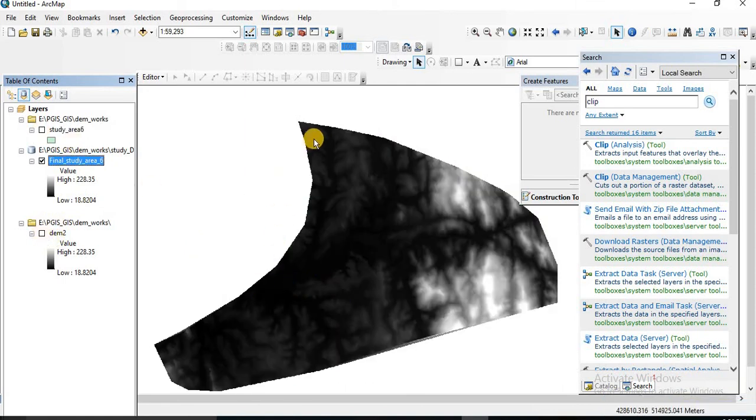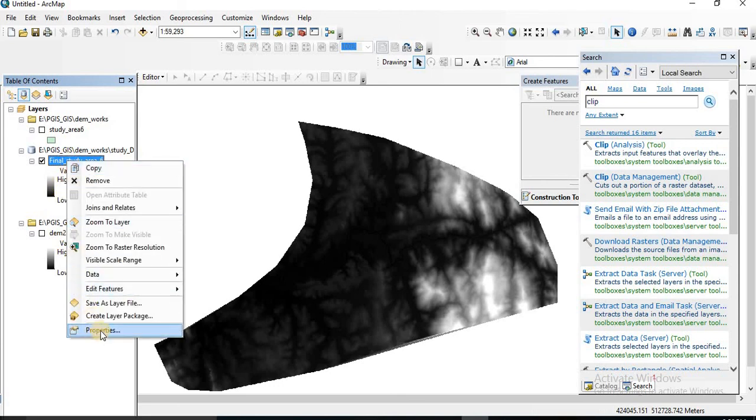This is our study area clip on the DEM. So we can change our color.